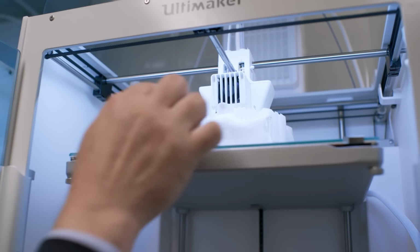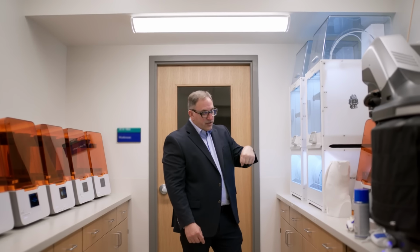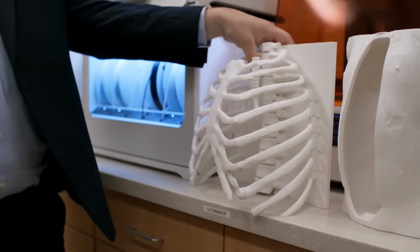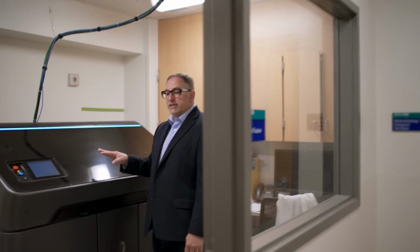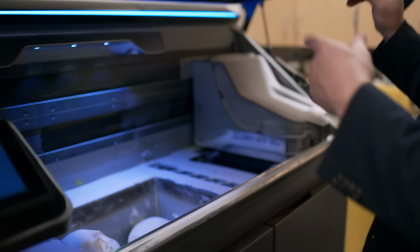These printers are another technology. If you can imagine like a hot glue gun making a circle and then making another circle and then making another circle, you could start to build a 3D object. This is another print technology. We use this to make full color anatomic models. So if we want